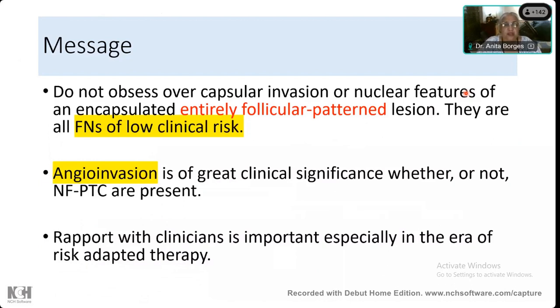Angio-invasion is the main thing that you should be looking for. I really don't worry much about capsular invasion, okay? Angio-invasion is of great clinical significance, whether or not you have the nuclear features of papillary thyroid carcinoma present. You see angio-invasion, and it must be highlighted so that the appropriate